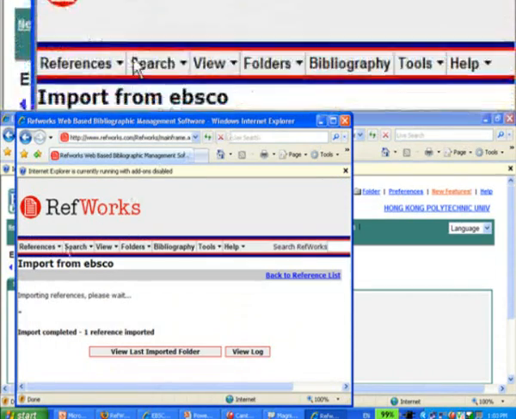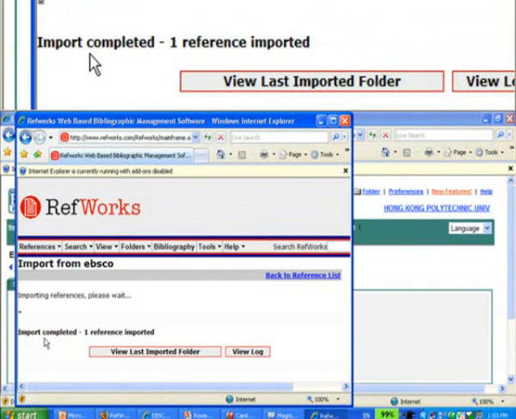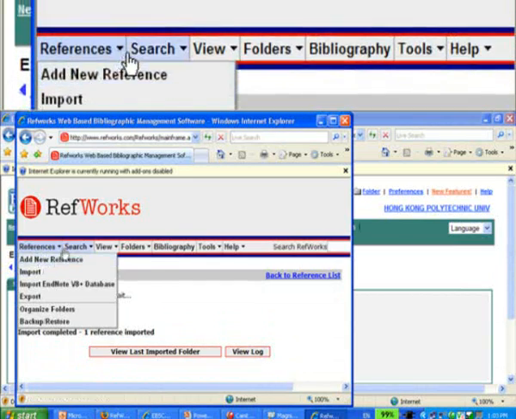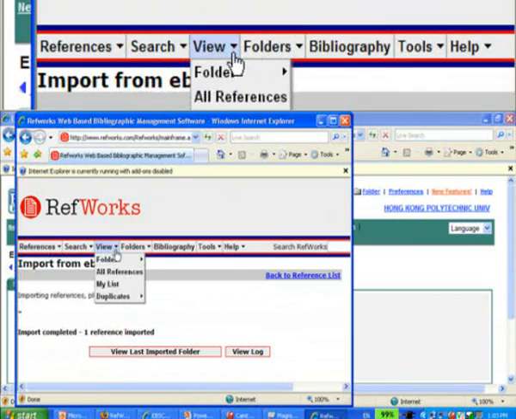Done. Now, the thing is, if they have done it, they will tell you the import work is successfully done. So you know it's there eventually. So now you might have your first reference in your database, right? And for me, because I have, as I said, a number of references in, what I want to do now is to view